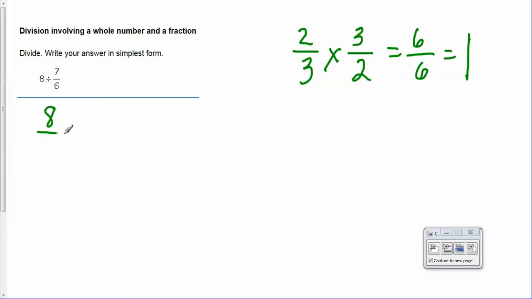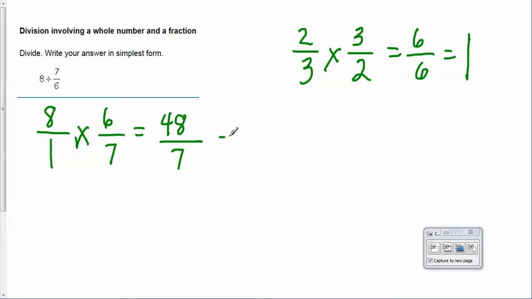Our first one is 8. I'm going to write it as a fraction, 8/1, divided by 7/6. So if I change it to a multiplication, I have to multiply by the reciprocal, which is 6/7. 8 times 6 equals 48. 1 times 7 equals 7. Can I simplify that? Well, I can't take anything into 48 and 7 to make it a simpler improper fraction,